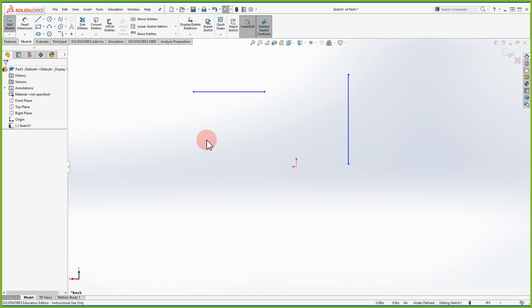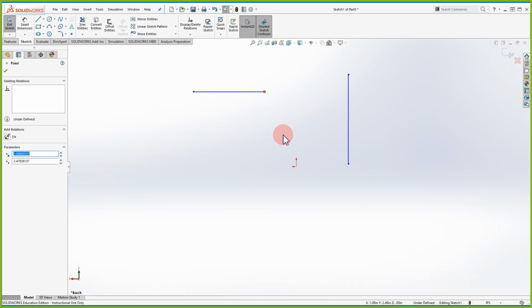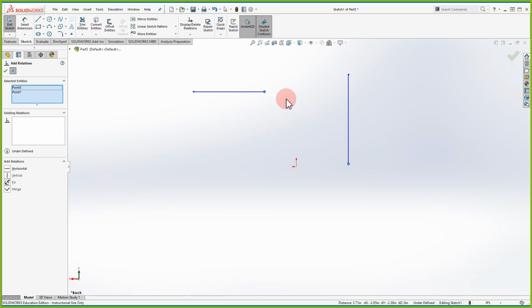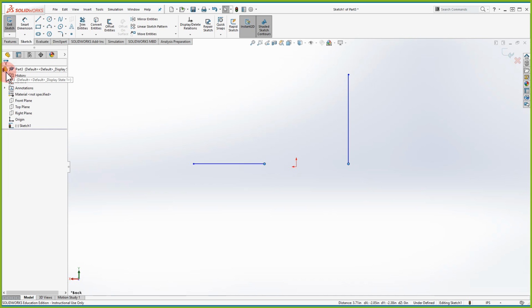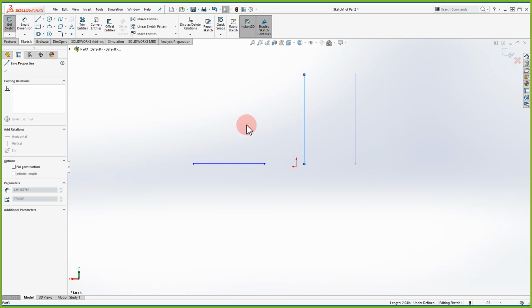Now let's say you want to connect them. There's a couple ways you could connect them. For example, if I grab this edge here, hold control on my mouse and grab this edge here, and I want these two not to connect but to align to each other, I have the option to make them horizontal to each other. You notice that this point and this point become aligned. If I press OK or the check mark and try to move this line, as I'm moving it,